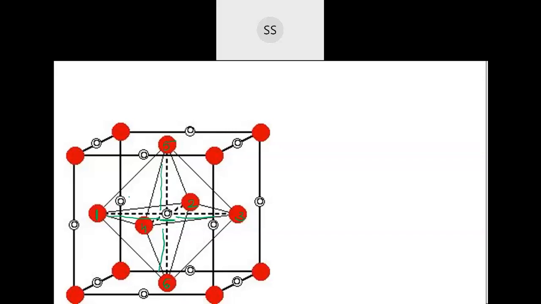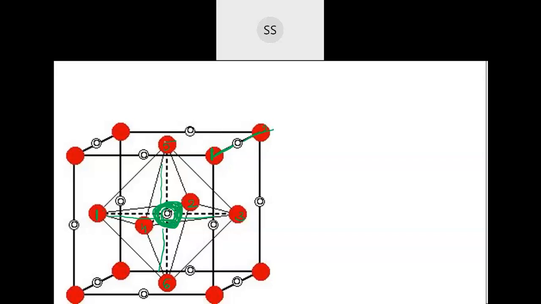You remember there is no empty space like this. There are no lines. Atoms are exactly touching each other. So these 6 atoms are exactly touching each other and this void is created here. This void which is created, that is the octahedral void. So one full octahedral void is created in one FCC. But then on the side also they can be created. You can see here, this side. I will take on this side. Above I am taking. See here, on the edge also you can create. In total you require 6 atoms for creating this. So now I have here 1, this one I have here, 2 I have here.